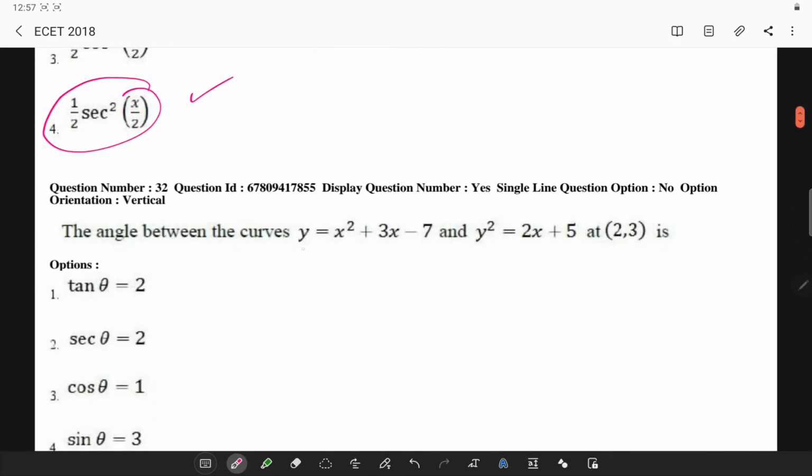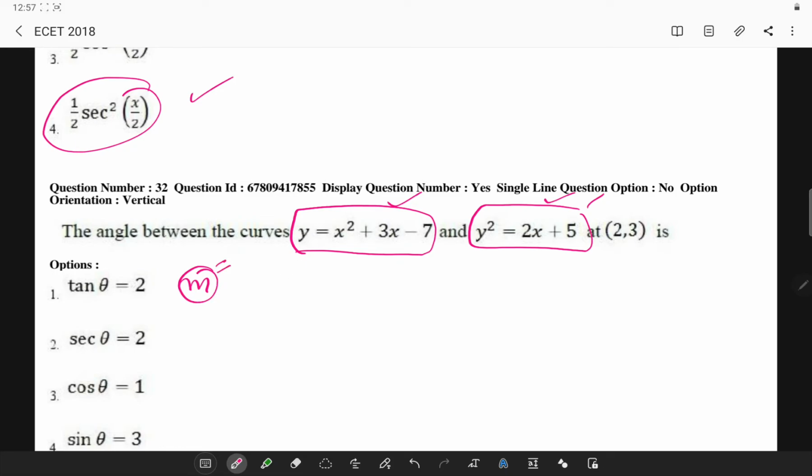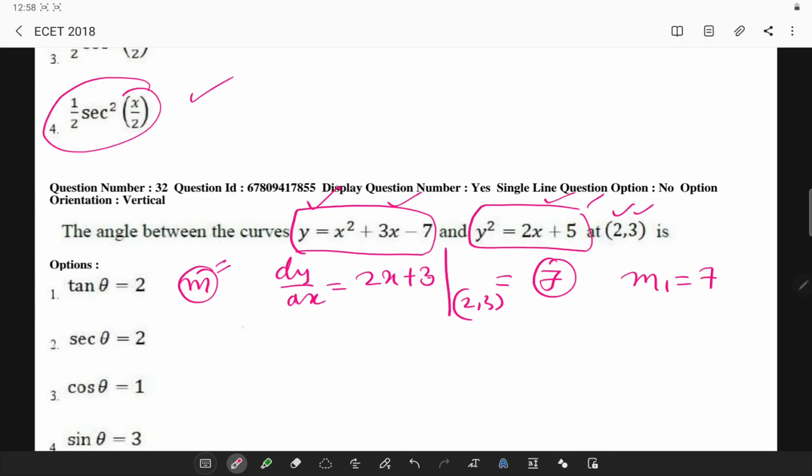Now here I have two curves, one namely a straight line, the other one is a parabola. So to calculate the value of slope, I have to take a derivative of this first equation. So dy by dx is equal to 2x plus 3, and the value of it at the particular point 2 comma 3. So if I substitute this, I'll be getting directly 7 as the first slope,